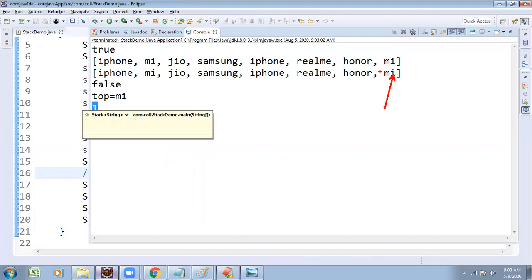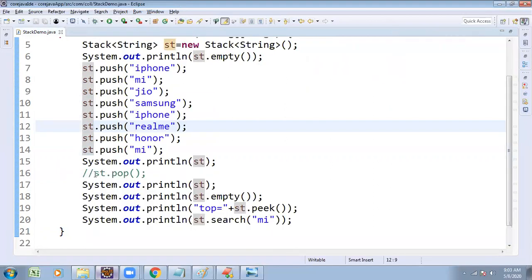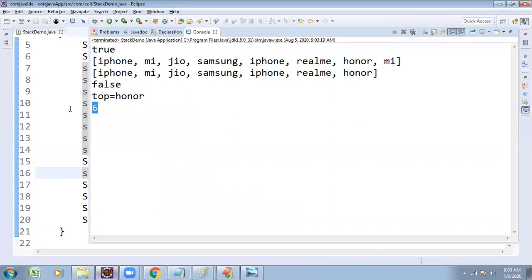But I applied this one, I am removing this one. Obviously, cross check. This position is good. Previously the search position is 1. Now you observe the search position is 6, because here index of 1, index of 2, index of 3, index of 4, index of 5, index of 6.